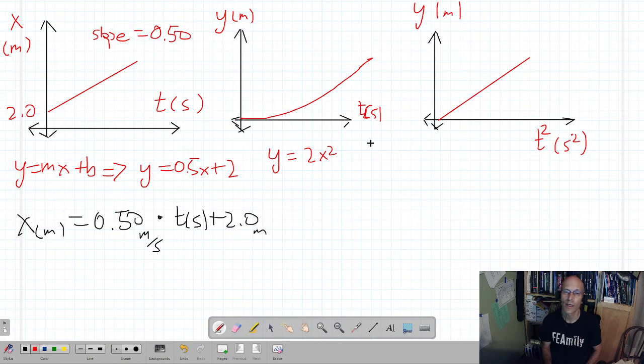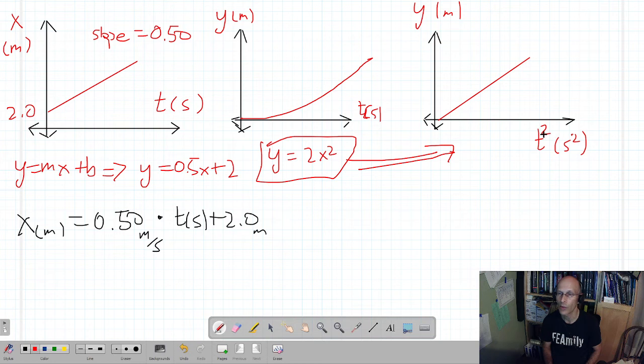So that this parent function is shown by the fact that we had to square the times to get a linear function. So now this goes with this graph because x squared is t squared,